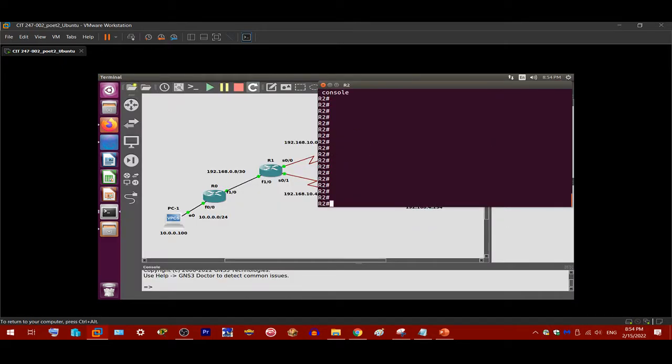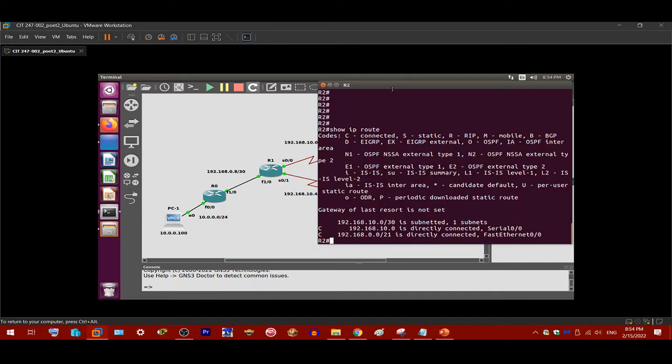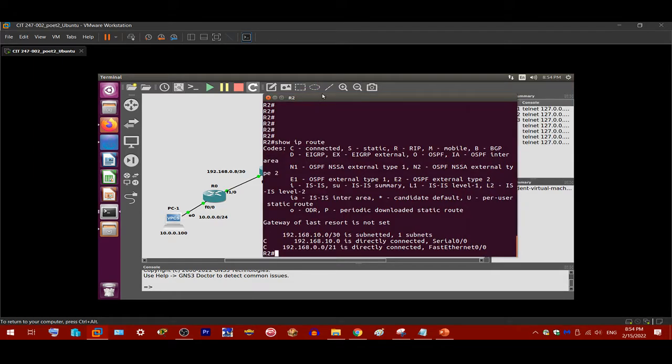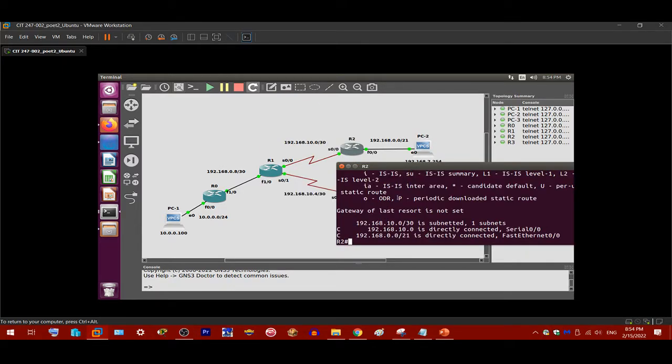So the problem actually lies in show IP route. If we were to go through router 1 and 2, we would find that everything's pretty much okay. Our problem is in the routing table of router 2. Router 2 does not have a route to go back to the 10.0.0.0/24 route. Because router 2 is not adjacent to router 0, what you would want to